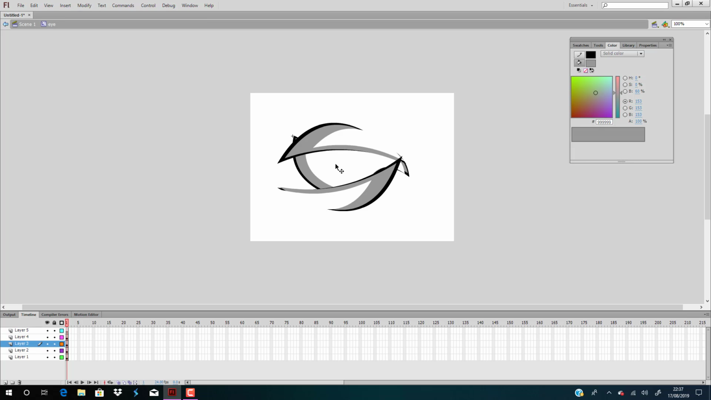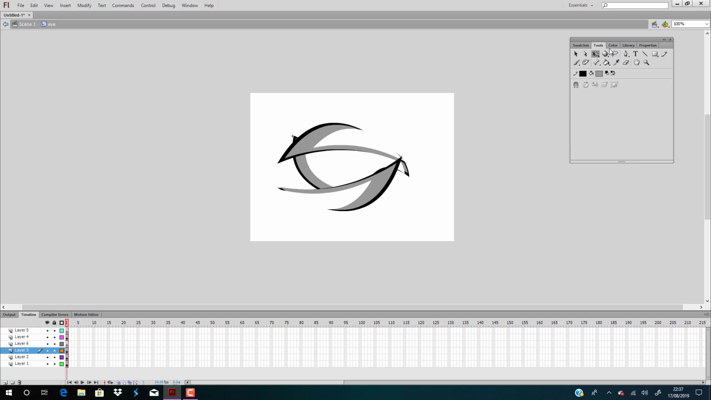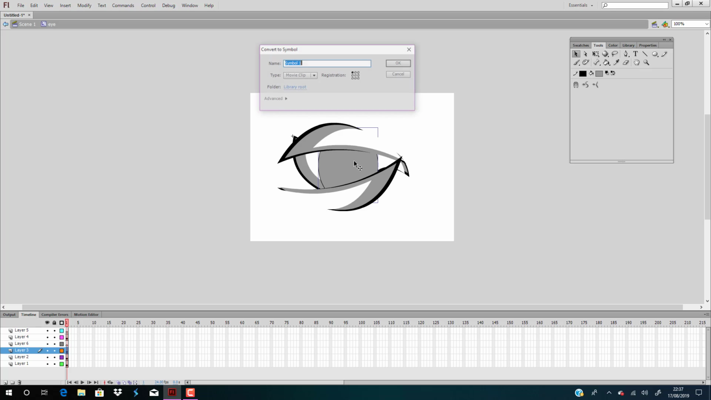Then, here we need to add a layer, and you can see layer 4, your eyelids, are above layer 6 and above layer 3. Then you get the tools, go to the oval tool and just bring in an eye like that. Now get this here and press F8, call it pupil,